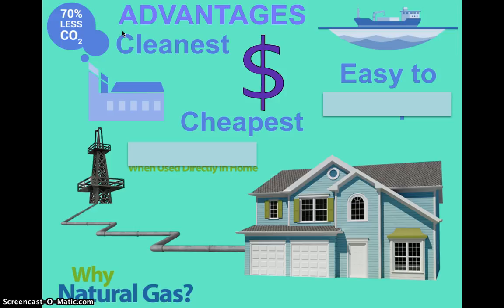So the kilowatt hours, if you're going to go by that for electricity production, if you're going to compare coal and natural gas and then other forms of electricity production, natural gas is relatively cheap. And even when petroleum prices went up, natural gas stayed relatively low. The fact that you can use natural gas in your home makes it extremely efficient. It is 90% efficient when used directly in the home. So keep that in mind, and I'll show you a slide in a minute of how efficient it is.